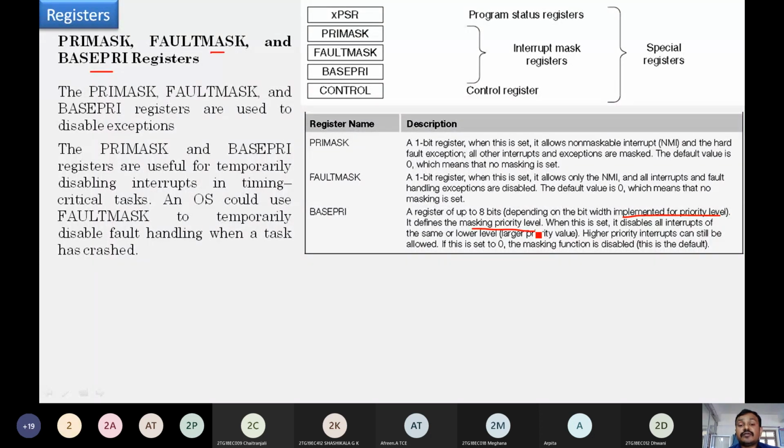The processor is going to entertain the interrupts at that level and above it. Those of lower priority are not executed; they are disabled. So this is the functioning of this interrupt mask register known as BASEPRI.